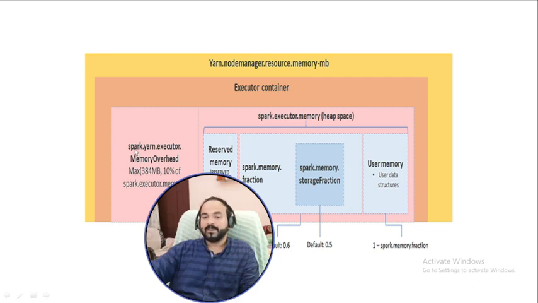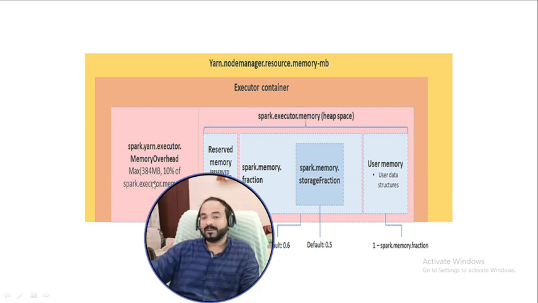And apart from that, there is spark.yarn.executor.memoryOverhead. We will also talk about it. Because you know very well these executor containers are all virtual, so whenever you are launching these executor containers, how much memory is required